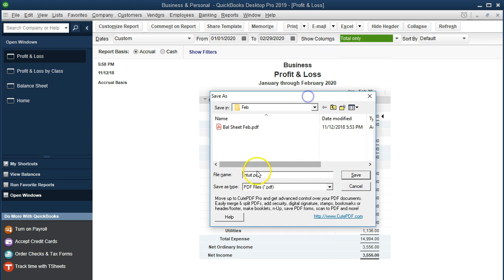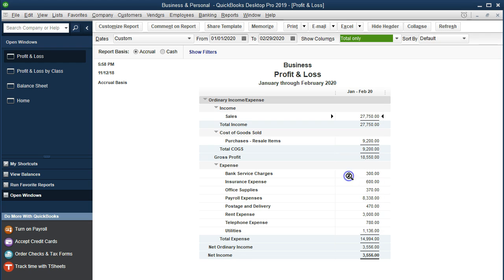and I'll save this as business January and February 2020 and save. And then if we want an income statement for just the personal, we can go to